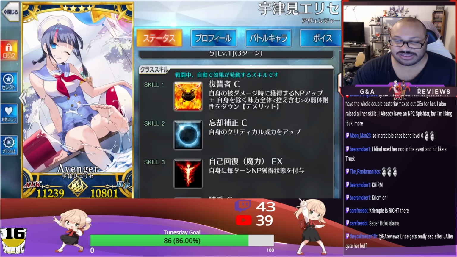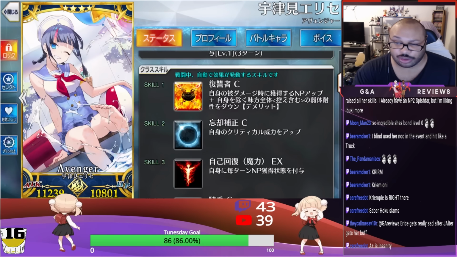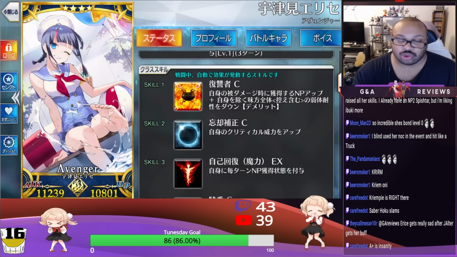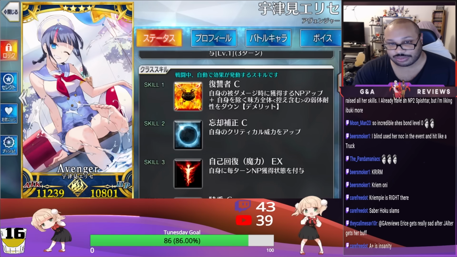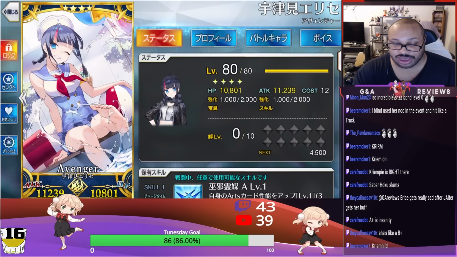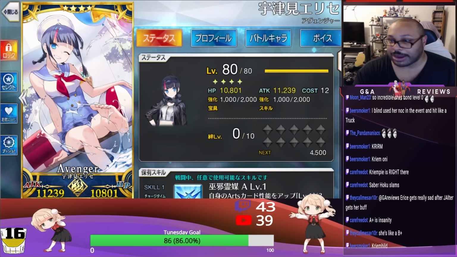I don't think she's as useful because chances are you probably have Squirtoria or Vlad or someone like that or Luvia. But if you don't have a good single target Avenger servant, she can easily be used for endgame content. So she's pretty much worth picking up across the board. In my opinion, she's the best